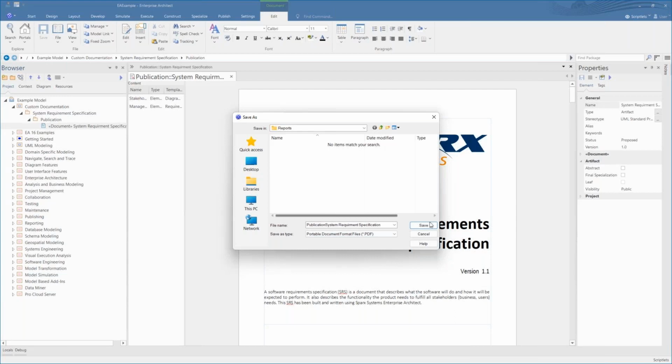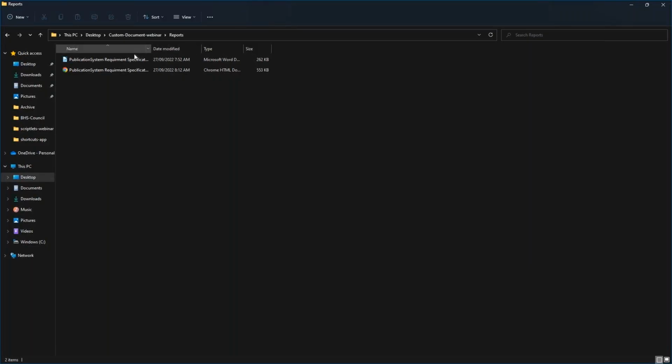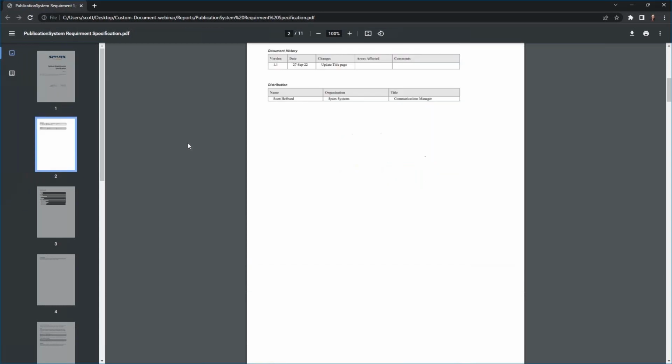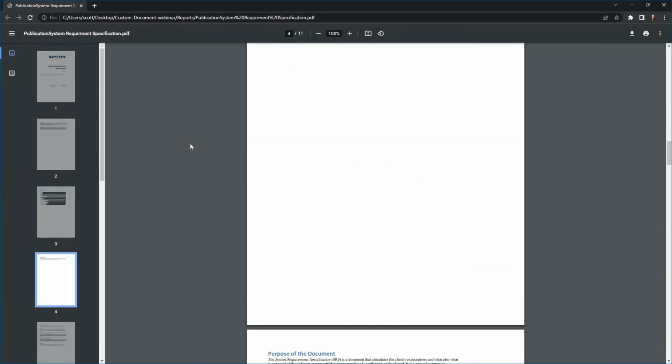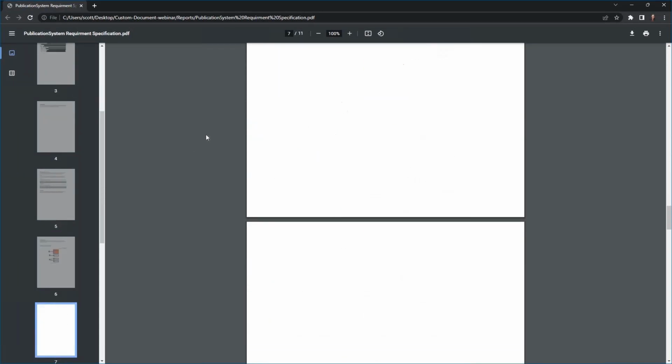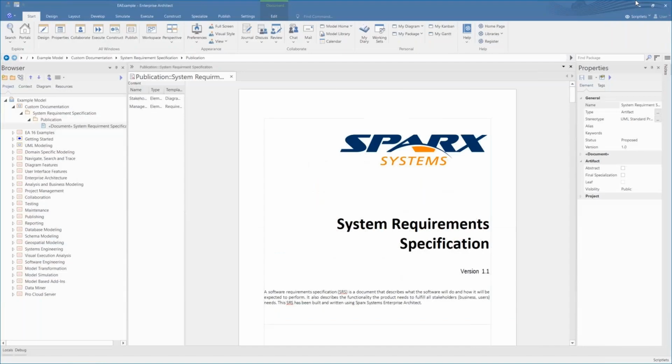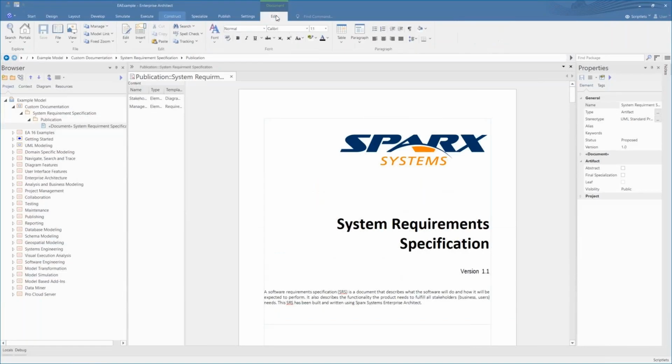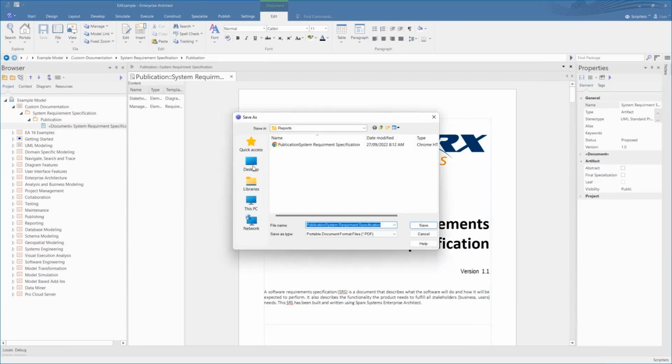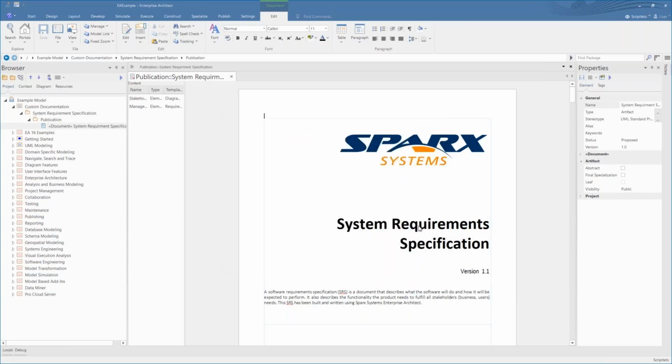We can save it as a PDF document, docx document, and we can then distribute those files, double click them, open them, and view them in a web browser and in Microsoft Word or LibreOffice Writer or Adobe PDF. Here at Sparx, we use everything in EA and view it in EA, but we do provide the ability to publish these in formats that make them easy to distribute.